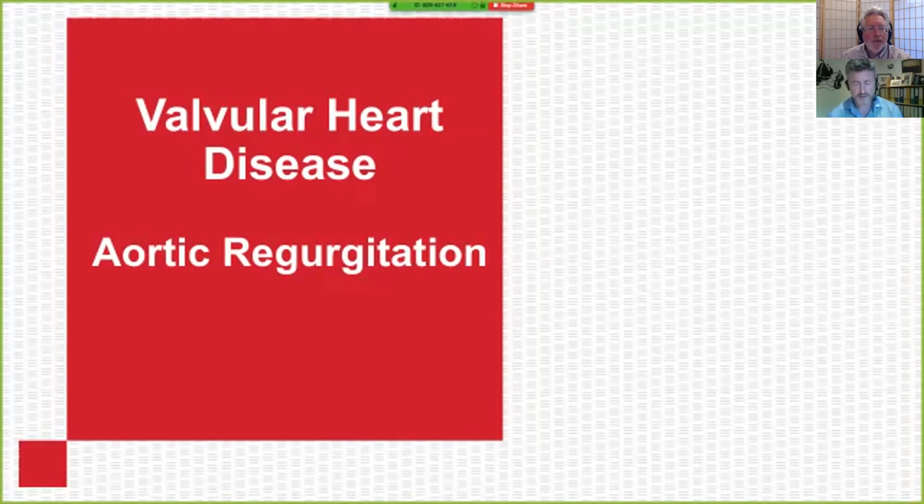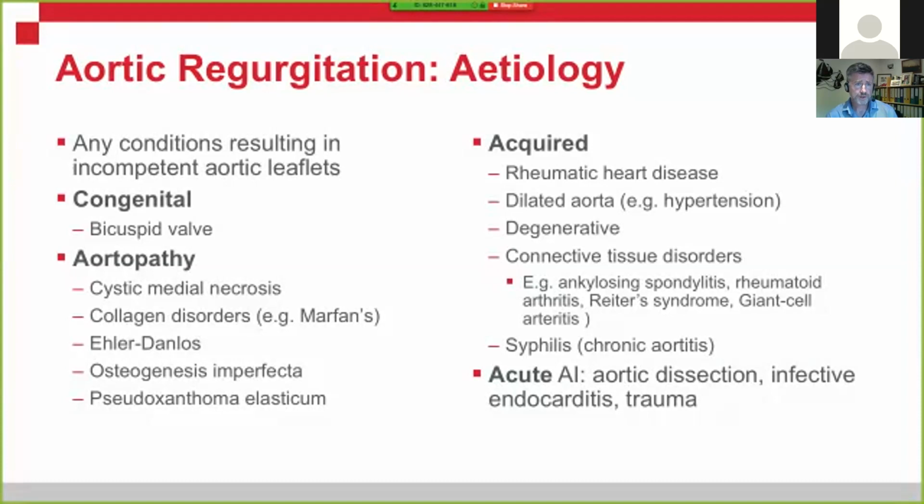Okay, thanks. So I'll go on to aortic valve disease now, focusing primarily on aortic regurgitation and then lastly aortic stenosis. Aortic regurgitation, so again looking at the etiology or pathophysiology, can be related to the actual valves themselves. So congenital, particularly bicuspid valves, so anything that's going to affect the valve function and leaflets. Patients with bicuspid valves do have much more stress over the valve and they don't function as well as the tri-leaflet valves, so they're certainly more prone to incompetence and